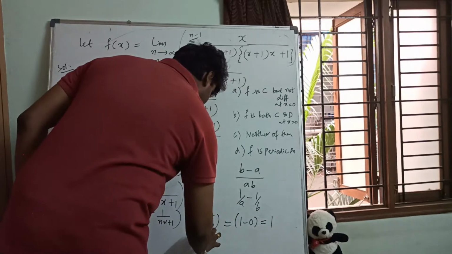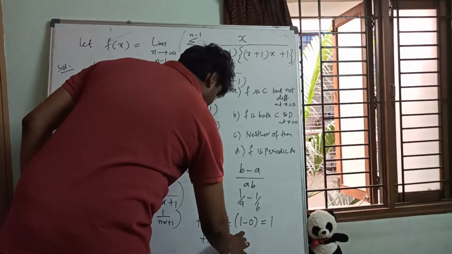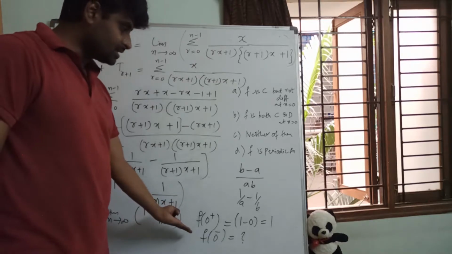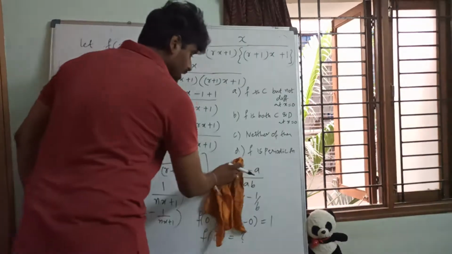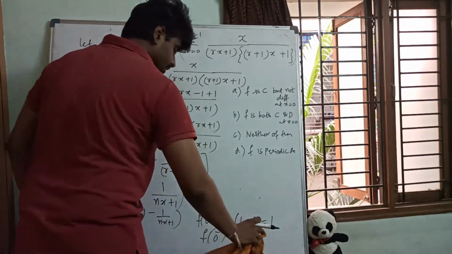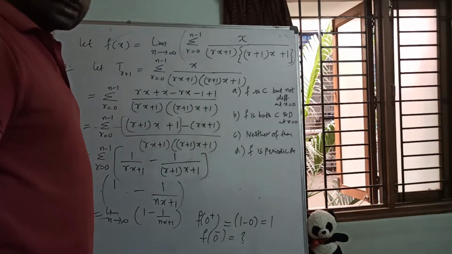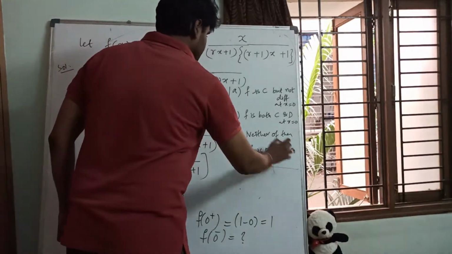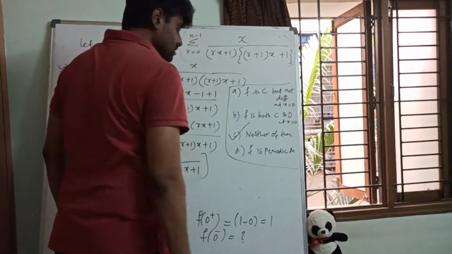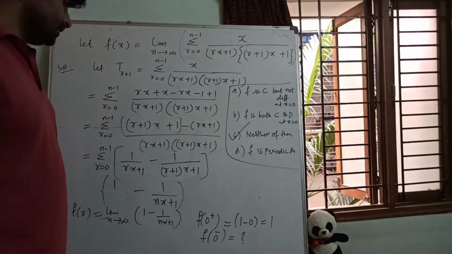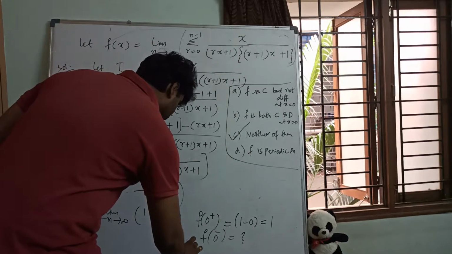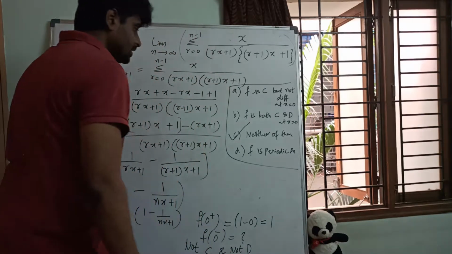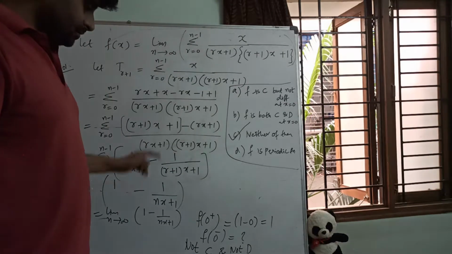But what about 0 minus? It's not available in this. So we cannot find the LHL for this. So obviously this cannot be proved as continuous. Correct? So it is not continuous. When our function is not continuous, it is not differentiable also. So which option is correct? Neither of these. So it is neither continuous nor differentiable. Clear? Not continuous and not differentiable. Hope you have understood. Just make a note of it.